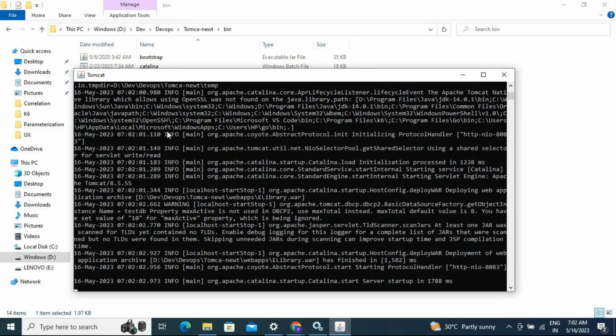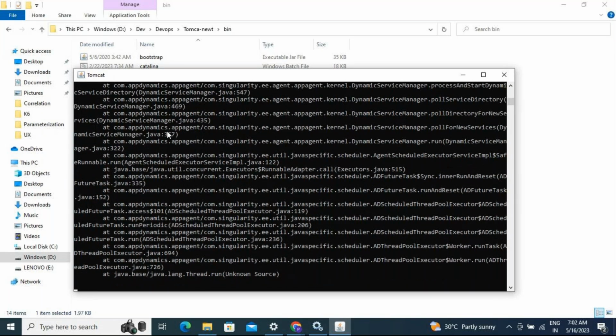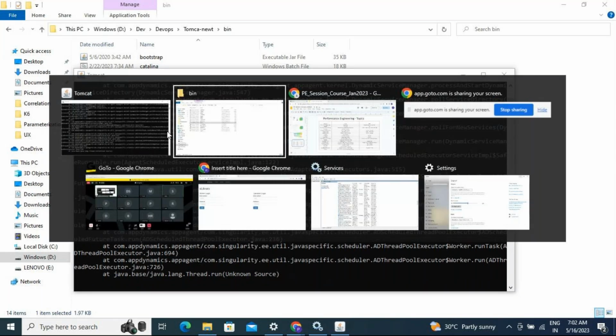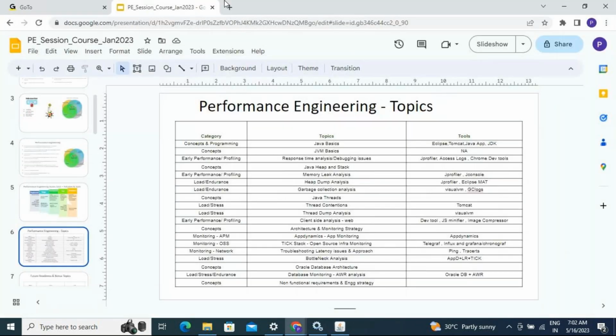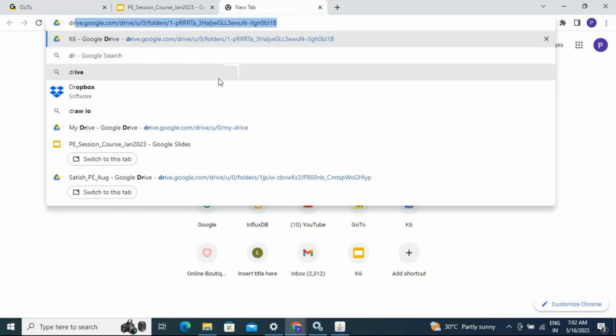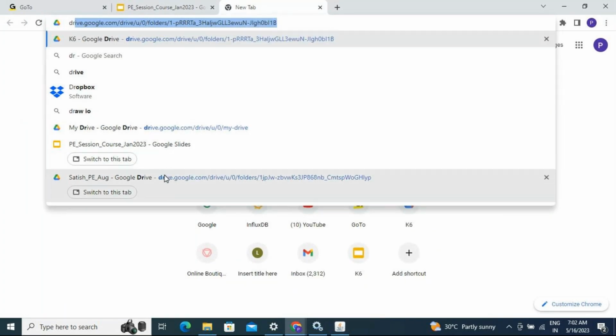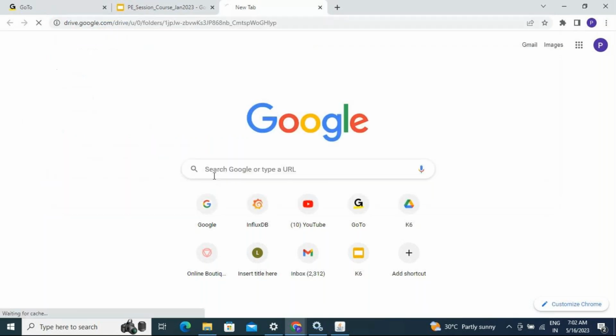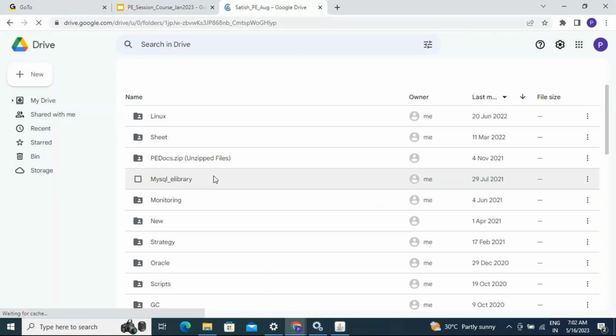So 100% whatever I do, you will be able to go back, install those tools and software on a laptop, and you should be able to use it. All these things will be available in the drive, which we will share with you. Access will be given to you. In the drive, you will have every software, every tool,